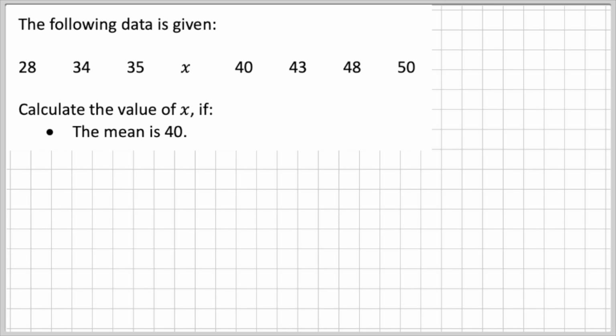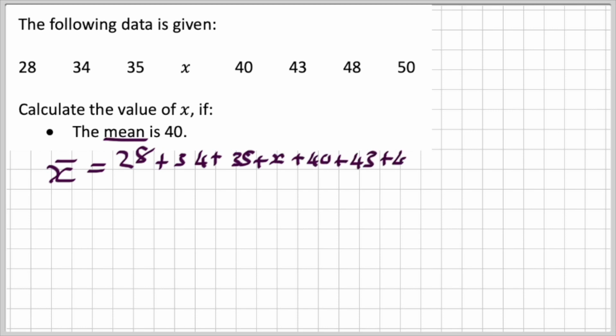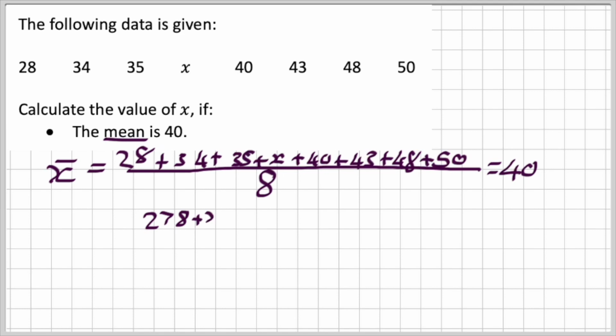So what I love to do, ladies and gents, is I always start with a formula. The formula for mean is adding all the data together and then dividing it by how many numbers there are, and this must be equal to my mean. And then solving this algebraically, in other words, using normal maths algebra sums to solve this sum. When I look at this, I'm going to add the top part, what I can add, and I end up with 278 plus x over 8 must be 40,